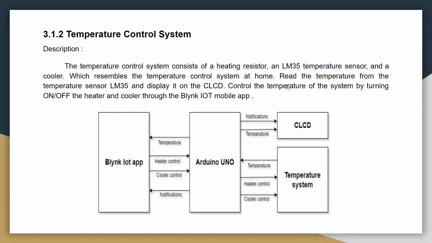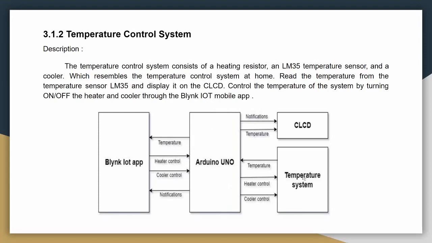Now we read the temperature from the LM35 temperature sensor, and then we display it on the CLCD. We control the temperature of the system by either turning the heater on or off, or by turning the cooler on or off, using a Blynk IoT mobile app. Below is the diagram which shows the overall structure of the temperature system which we have built